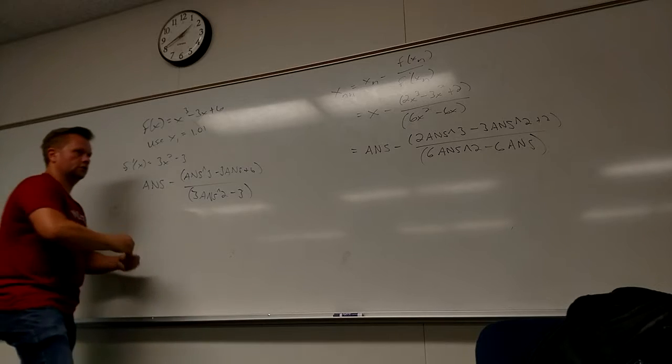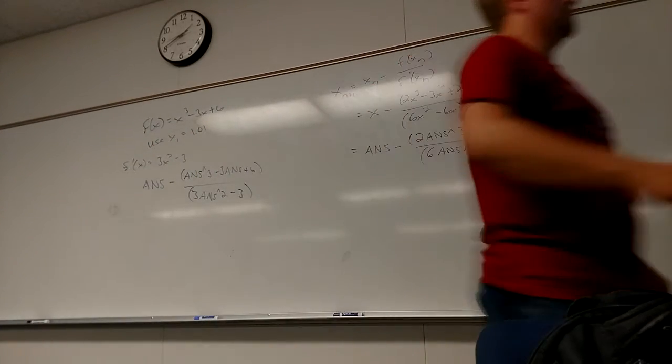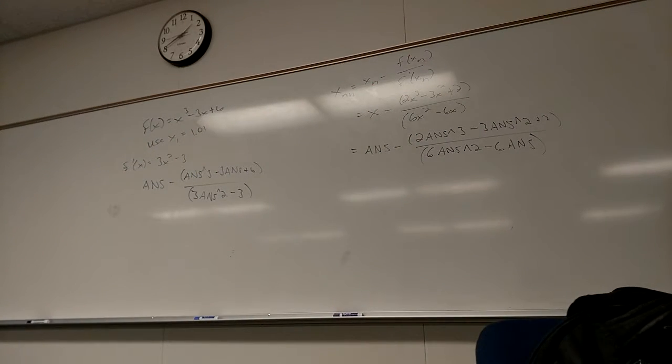So let's see what happens here. So my initial guess is 1.01. Answer minus answer to the third, minus 3 answer plus 6, divided by